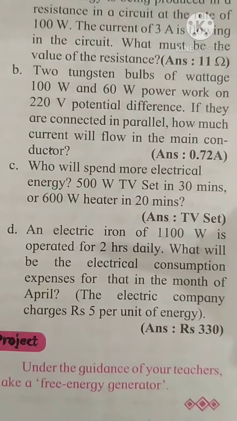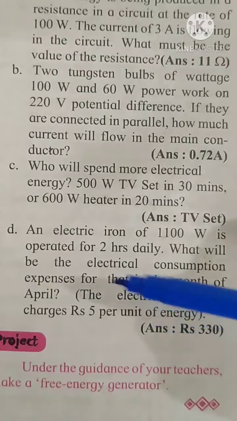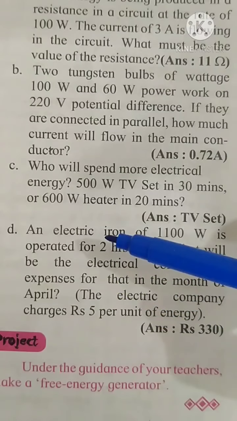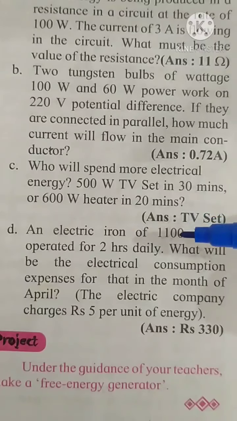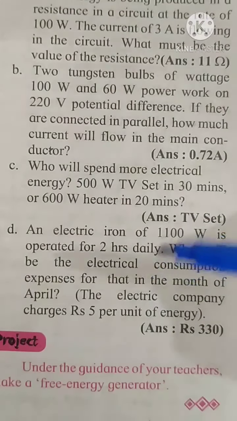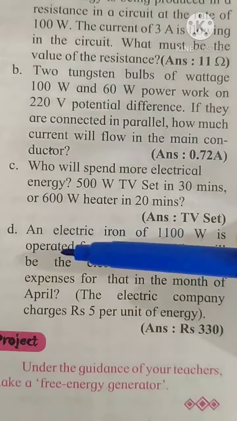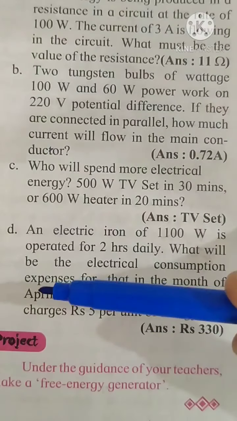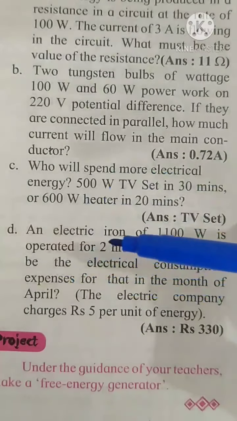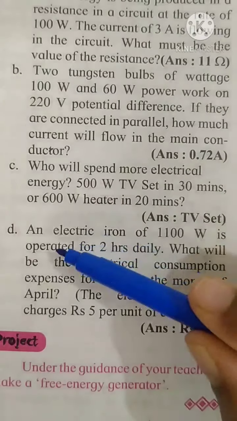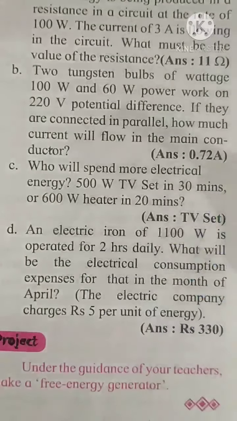Okay, now you find out the rate. How much does 1 unit cost, find that out. For this sum, 1 unit is equal to 5 rupees. And for electrical energy, we first have to find out how many units were used. Unit means kilowatt hour, and then that unit will be multiplied by 5 for the month of April. Then we have to find out how many days are there in the month of April. So a lot of things to be done, but let us first start with the given part.